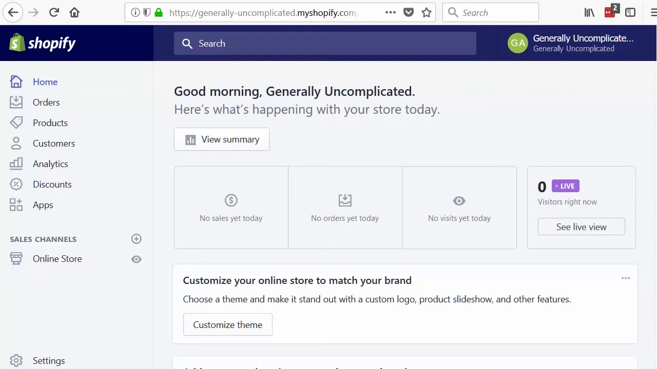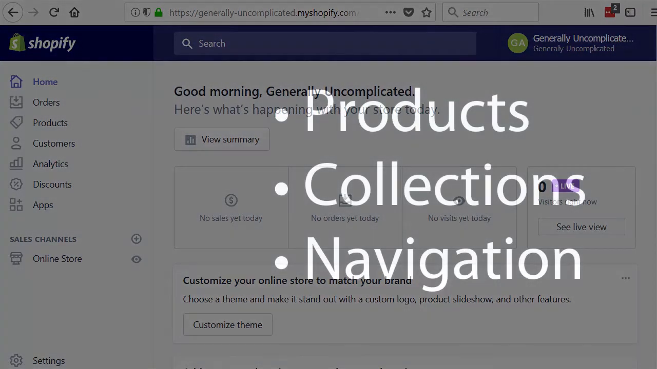Here we have an absolutely vanilla store. There's nothing in it whatsoever. I've created this as a development store. It's got the title Generally Uncomplicated. And the process we're about to go through is very much the same for more or less all of the uncomplicated apps. We're going to use Shopify's products, collections and navigations admin user interfaces, or admin UIs, to create products,